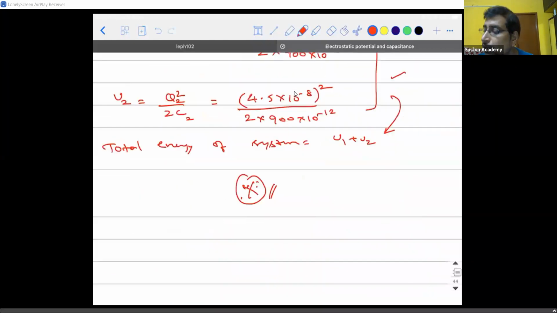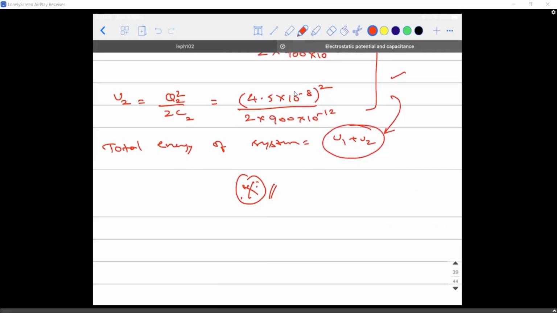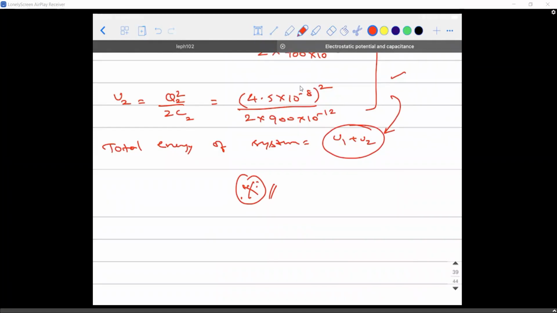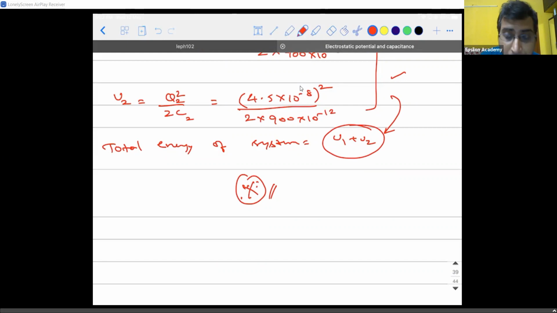Guys, are you able to understand or not? No response at all. Understood, sir. Good. So in such cases, charge and potential will be halved, right, sir? It will be an average. In this case, it happened because both the capacitors were of the same value. If not, how to handle, I will explain to you later.